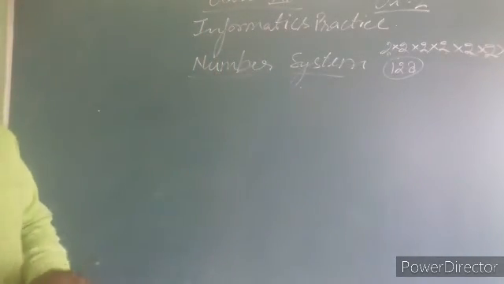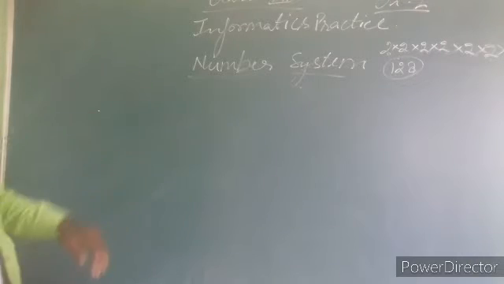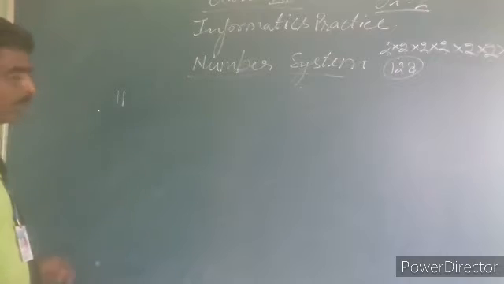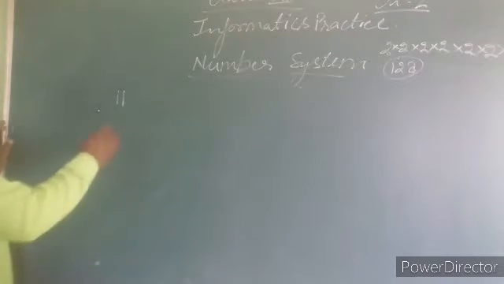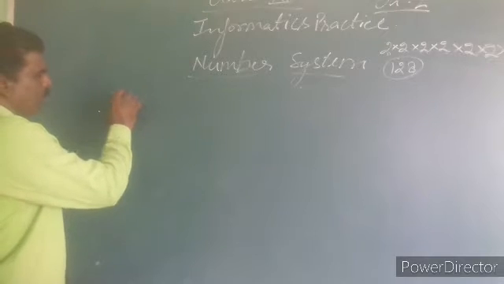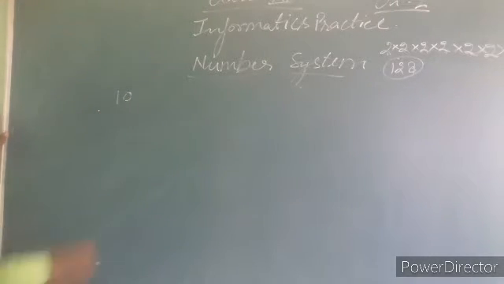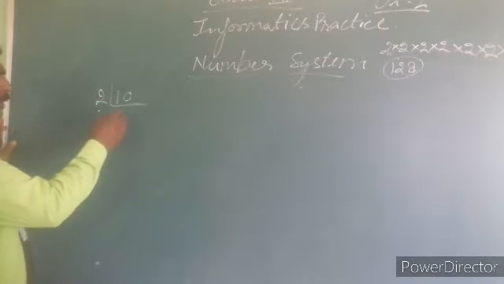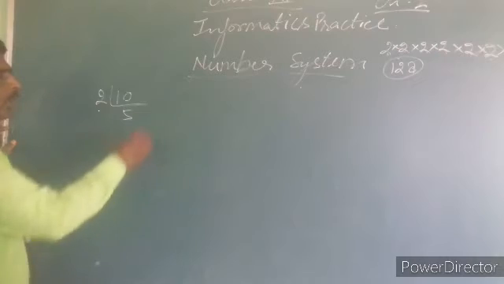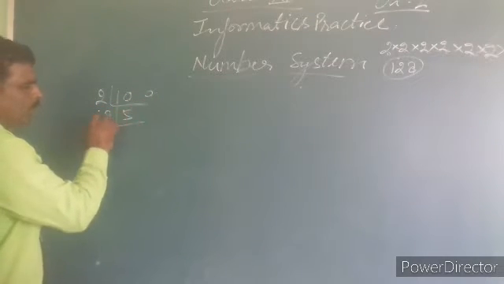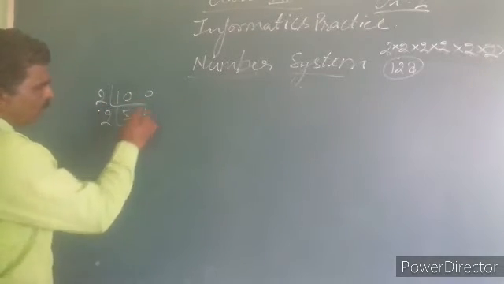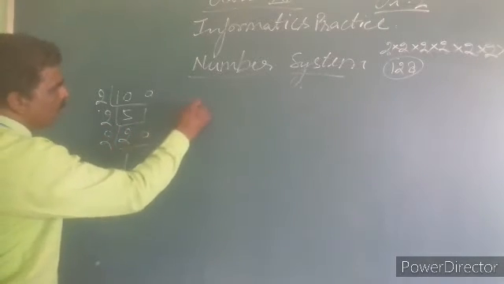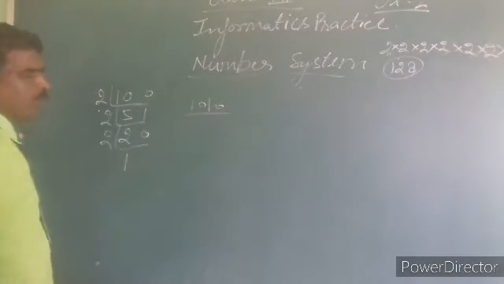If we are giving you the next number, that is 11, check it, 11, or 10 we are writing 10. So very simple, by 2 you have to divide. 2 5s are 10, remainder is 0. 2 2s are 4, remainder is 1. 2 1s are 2, remainder is 0. So 1 0 1 0.